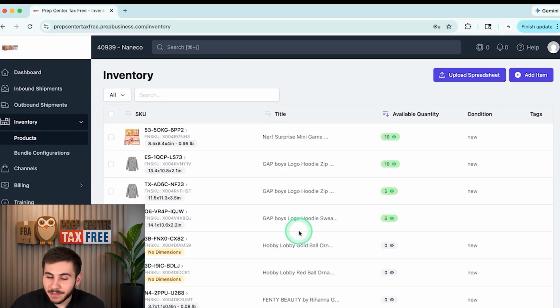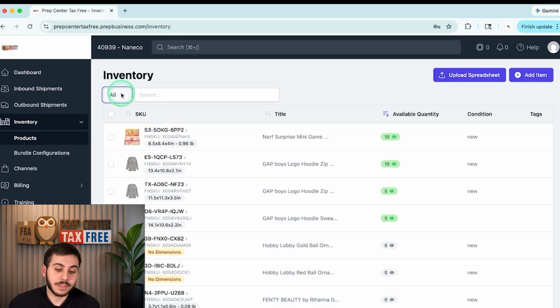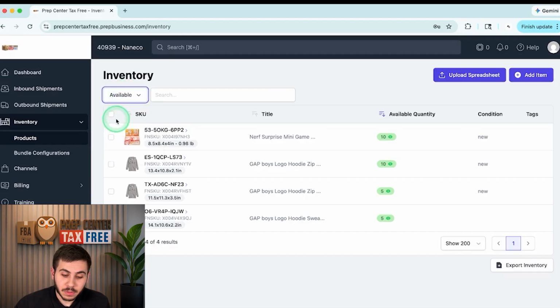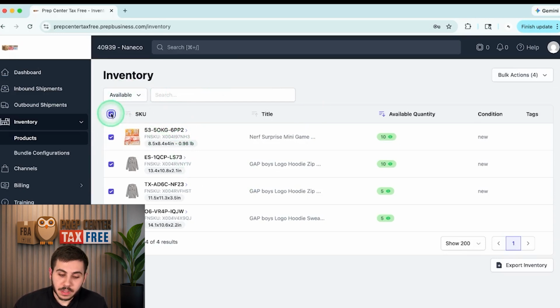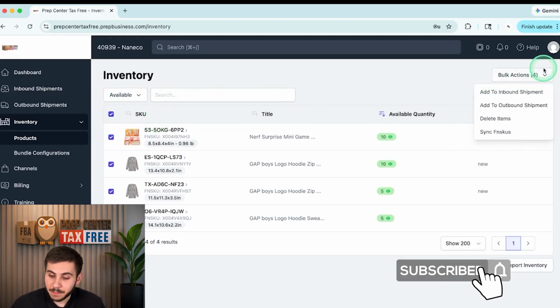So let's say we have 100 SKUs that you want to add. To see everything you have available to ship, you go here to this filter tab at the top and you hit available. That's going to show just the items that are available for you to ship. So when you hit this little box over here, you're going to select all the items. This is a select all button, and that's how in bulk actions we're going to be able to add them